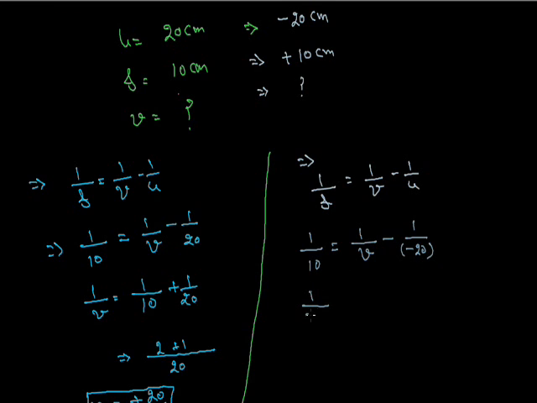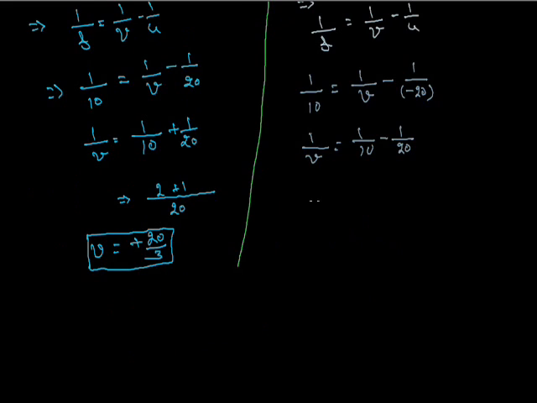Calculating this, the two minus signs become positive, so 1 by v equals 1 by 10 minus 1 by 20. The LCM is 20, and 2 minus 1 gives 1 by 20. Then v will become 20